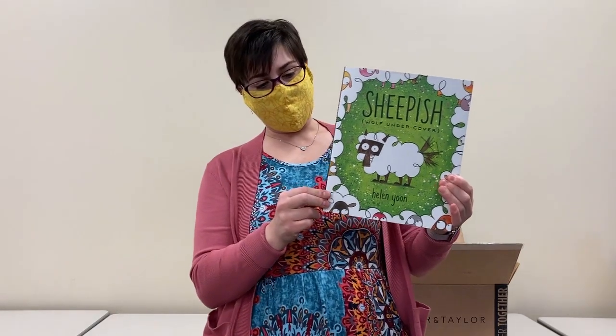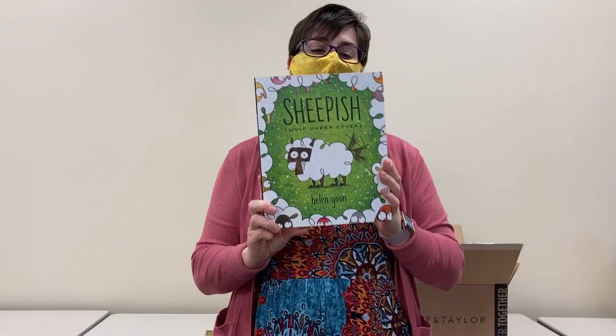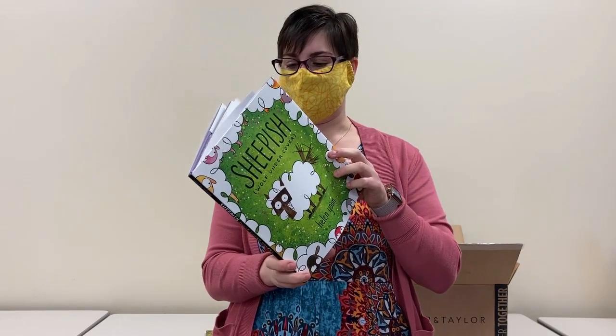Next is Sheepish, Wolf Undercover. This is by Helen Yoon, and I can tell you this is one that staff have been looking forward to. We sort of flipped through it a little bit before I brought the box in here, and this looks like